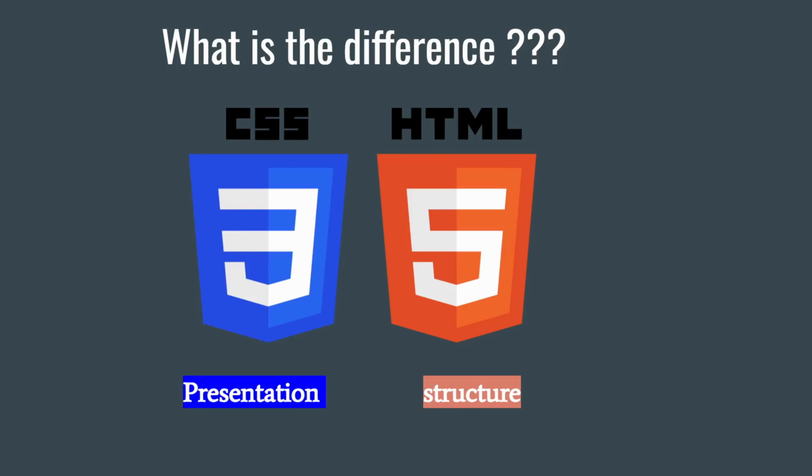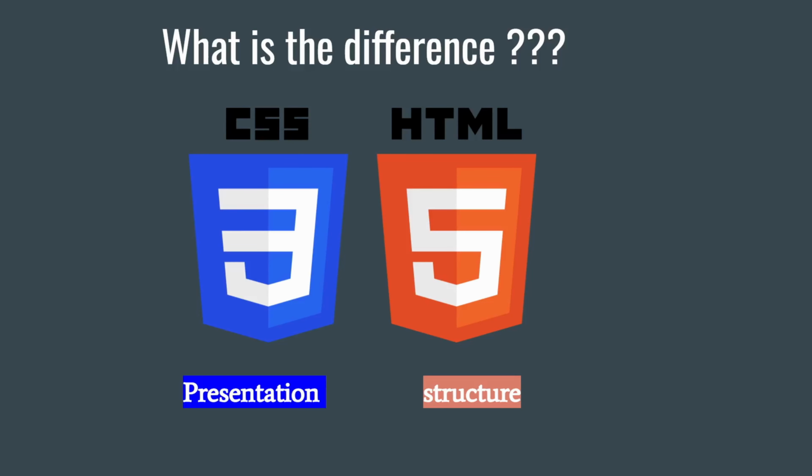HTML is responsible for making the structure of the web page or the web document. And CSS is the language that is responsible for the presentation of the page and how the page looks, how the colors look, how the fonts look. All these things CSS is responsible for, and HTML is responsible for the text, for the images, for the videos,